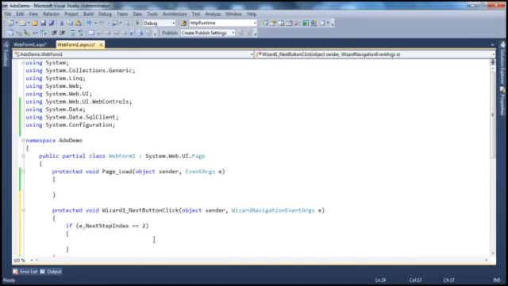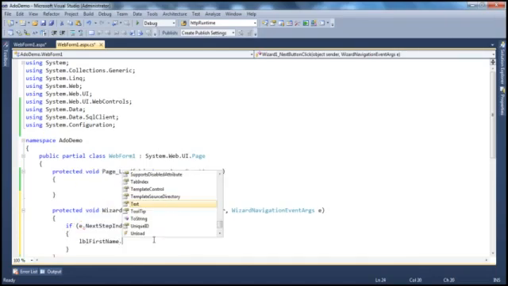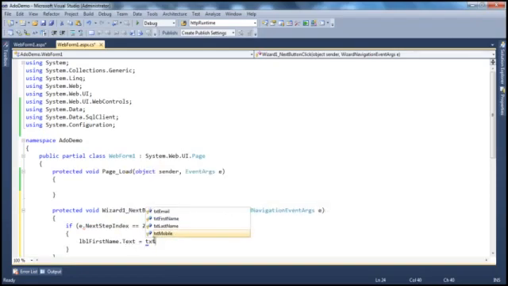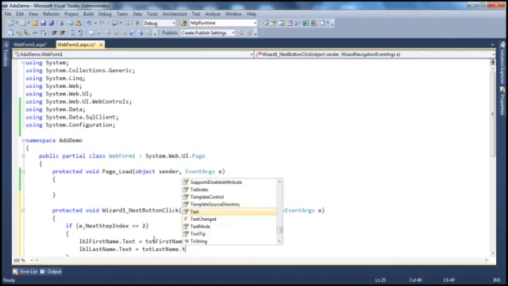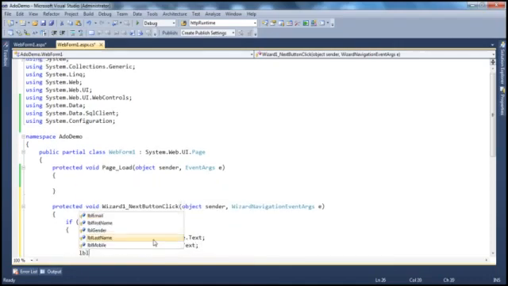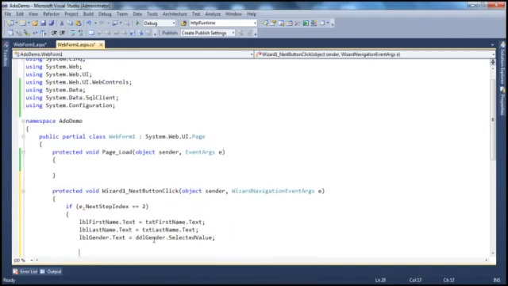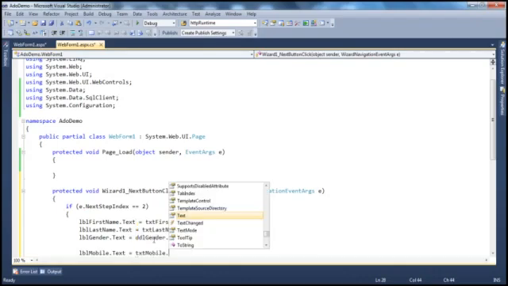Then what we want to do is populate the first name label with the text that is present in the txtFirstName text box. So lblFirstName.Text is txtFirstName.Text, and similarly lblLastName.Text is equal to the text from the last name text box, and lblGender.Text, the gender is coming from the drop down list, so DropDownList.SelectedValue, and we want the mobile number .Text is equal to, that's coming from txtMobileNumber.Text,